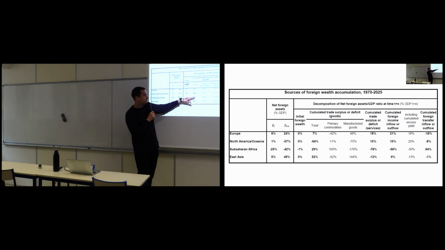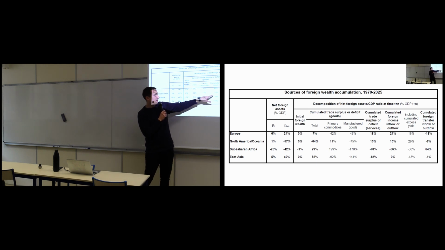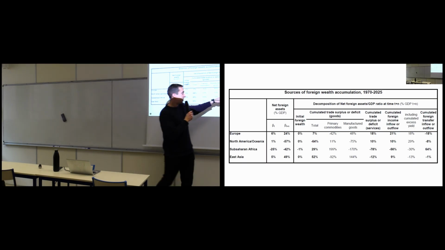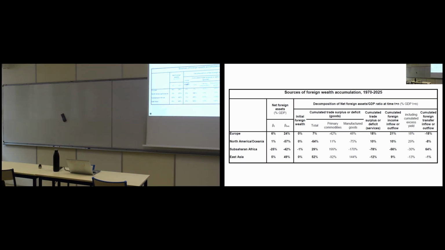This is basically coming mostly from a deficit in trading goods, especially manufacturing goods. They actually have a surplus in services. They have a surplus in foreign capital income, and they have a deficit in transfers because of remittances. Capital income needs a different subcategory. So from their capital income, which is 10% of their GDP, they accumulated 29% of their GDP as their excess